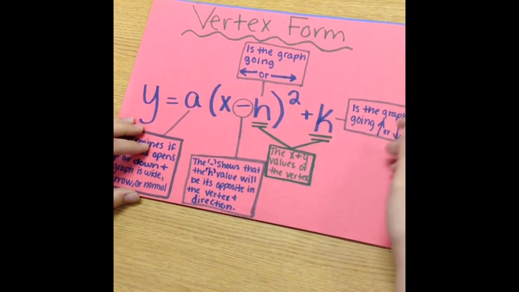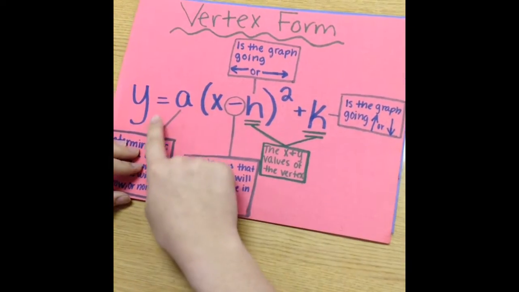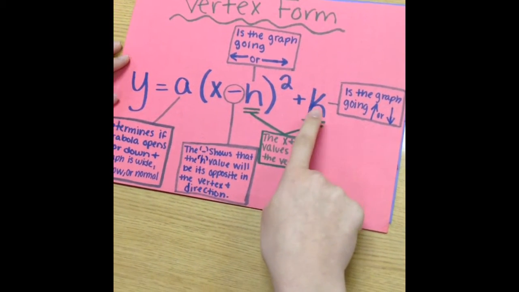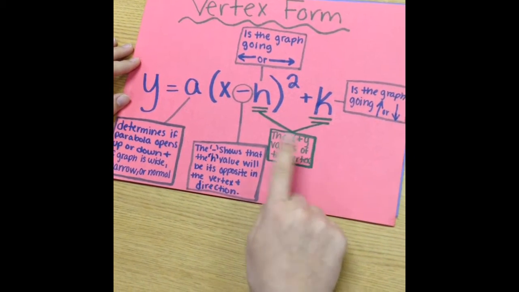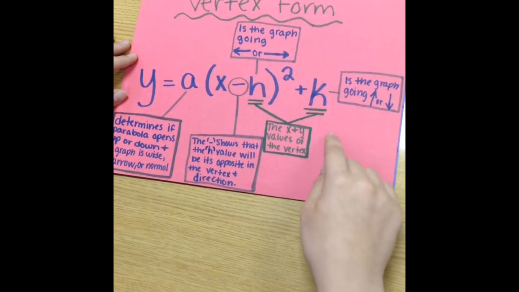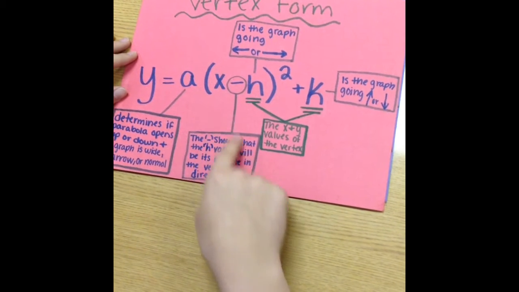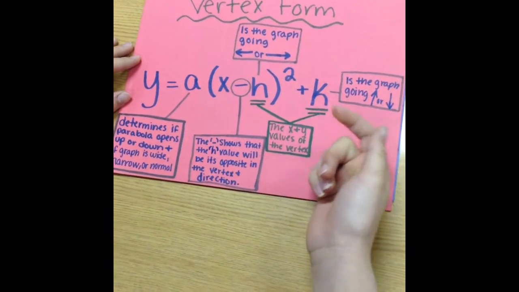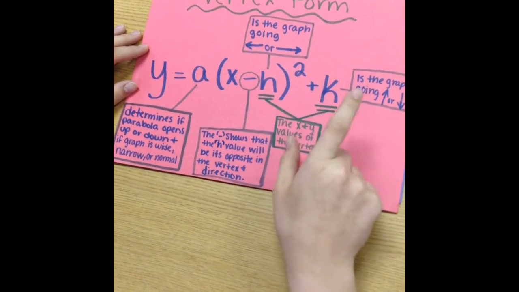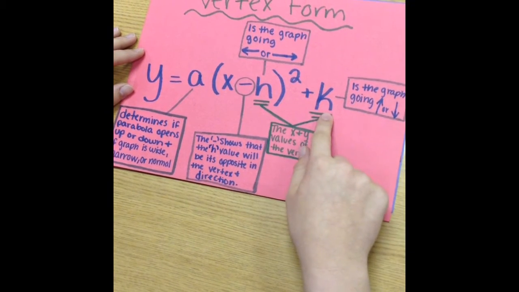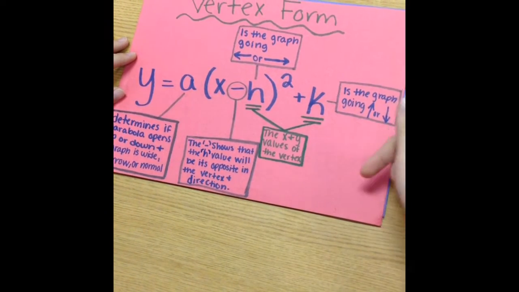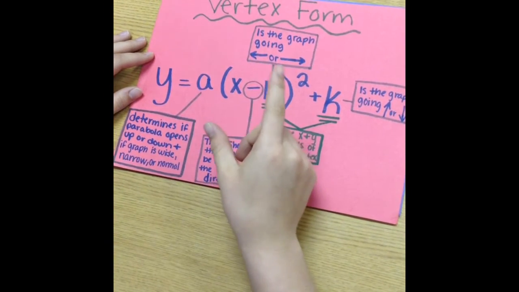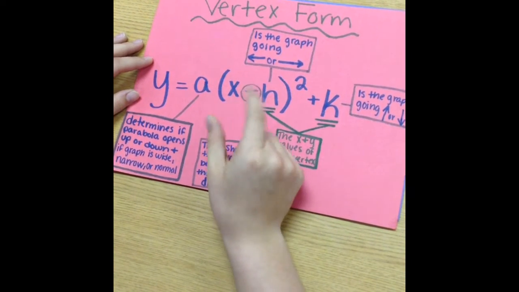Next, we have vertex form. Vertex form is y equals a times (x minus h) squared plus k. H and k are the x and y values of the vertex. The negative sign in front of the h shows that the h value will be its opposite in the vertex, and determining the direction of the graph, either left or right. K is what determines if the graph is going up or down. The a in front determines if the parabola opens up or opens down, and if the graph is wide, narrow,